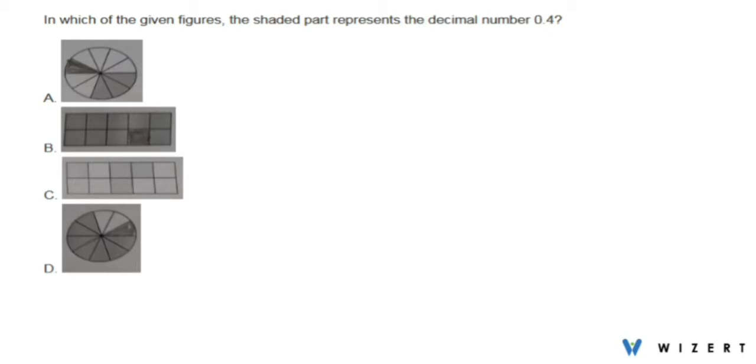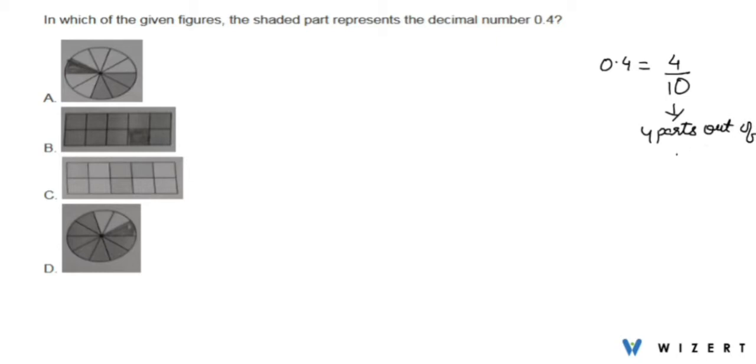In which of the following figures does the shaded part represent the decimal number 0.4? So first of all, we know that 0.4 can be written as 4 by 10. So this decimal number 0.4 represents 4 parts out of 10. We can say like that. So we have to find basically 4 parts